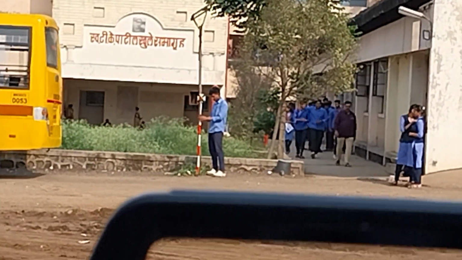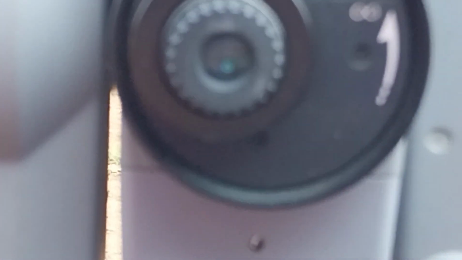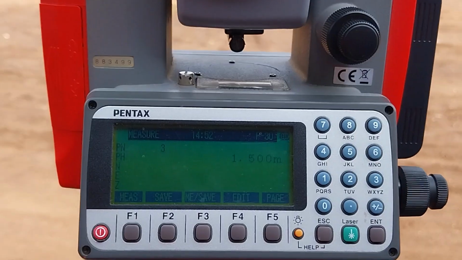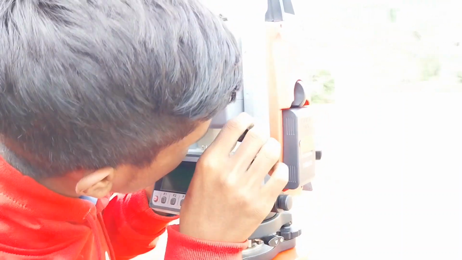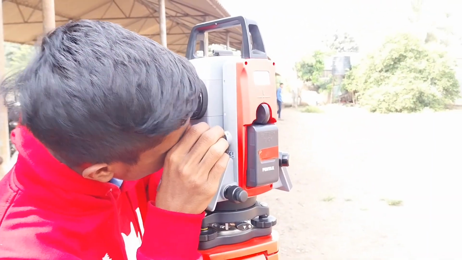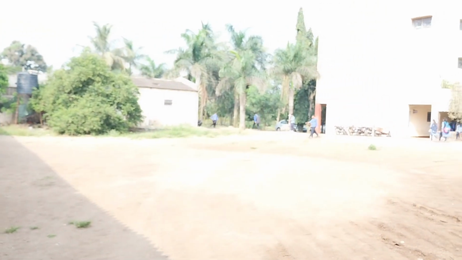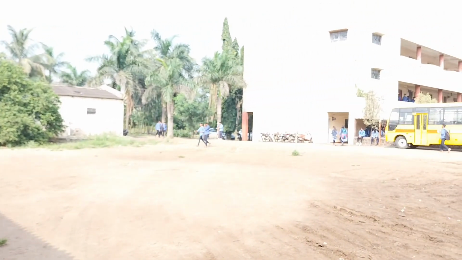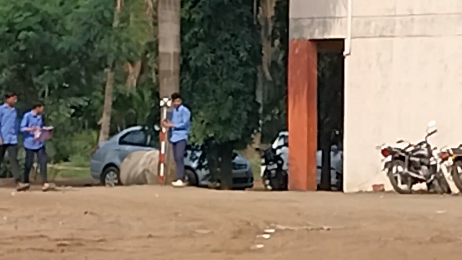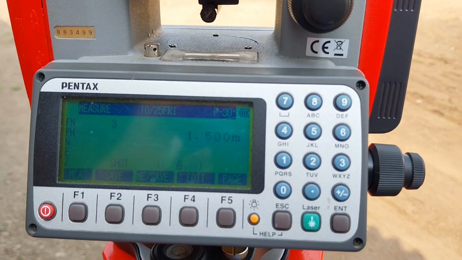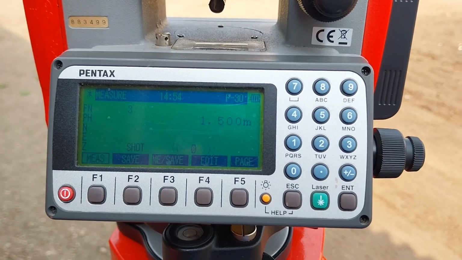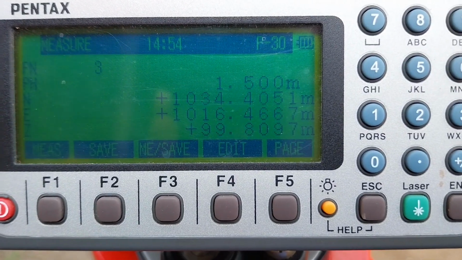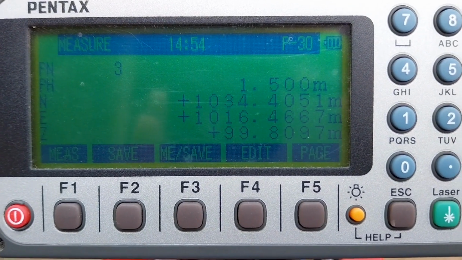That is our first boundary point. That coconut tree is our second plot boundary point. Here are the readings of that tree point.